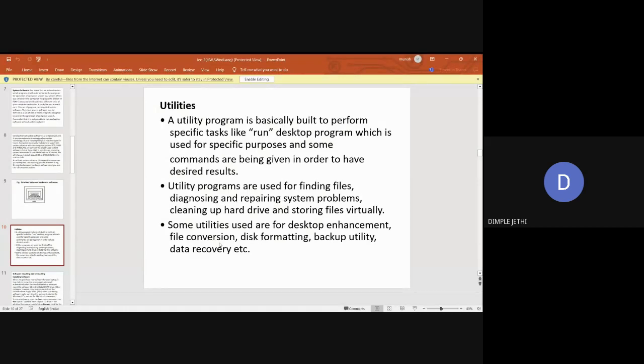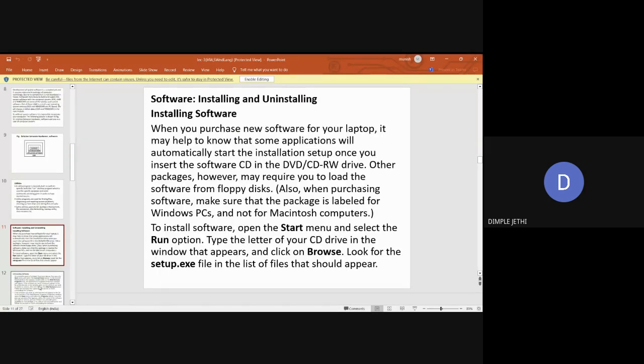So these are all for enhancing the efficiency of your system. Each utility program will have a different purpose, right? You can run all these programs for a specific purpose. So these are called utility programs. They all come under